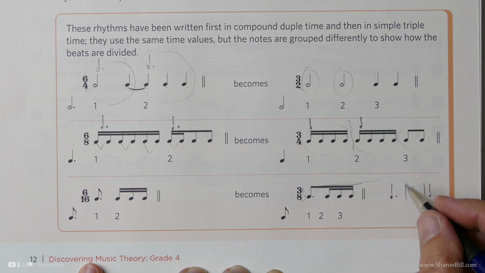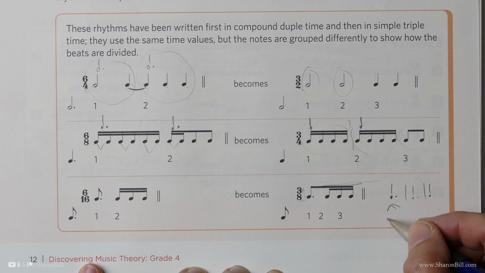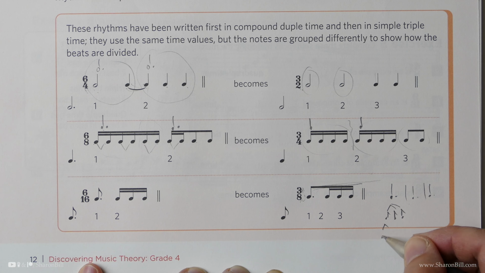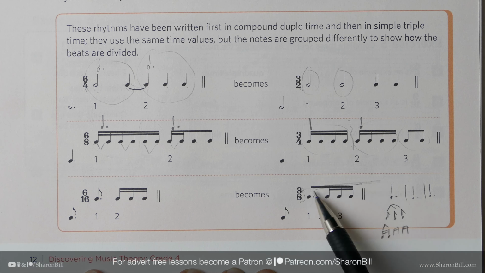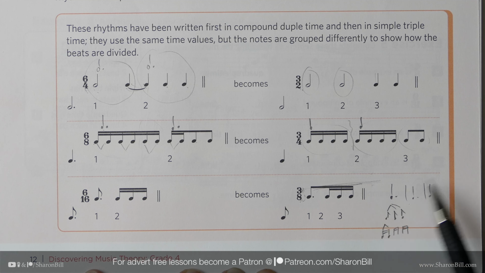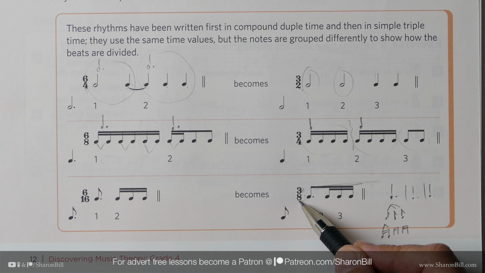And so it becomes simple time. We're just counting 1, 2, 3, and each of those breaks into groups of 2. So 3/8 is easy to beam because you just beam everything together, but it's worth remembering that it's simple time,